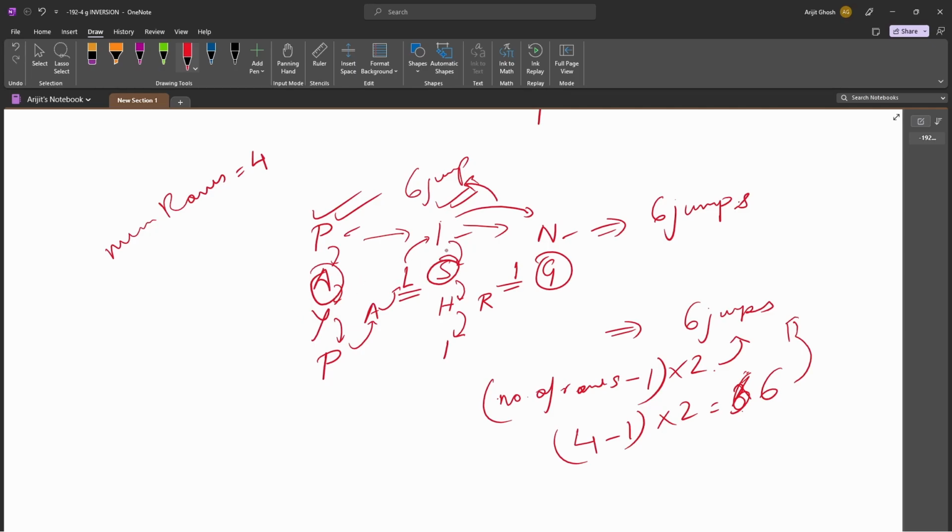So let's find out how many steps those particular elements take. From A to reach L, we would require 1, 2, 3, 4 jumps, right? From S again to reach I, we require 4 jumps. Here we require 4 jumps, and again here we require 4 jumps. So for the second row, we will require 4 and 6 jumps in coordination,